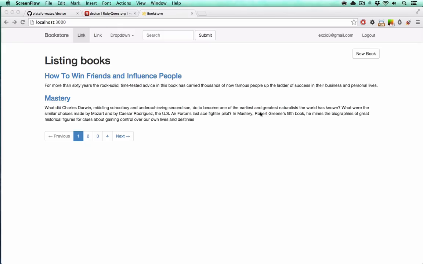Of course, having user accounts doesn't really benefit anyone if you're not actually using them. So what we're going to do next is we're going to take the new book and create methods, and we're going to make it so that only registered users can add a book into our system. And we're also going to take the books and record who created it so that we can keep track of that